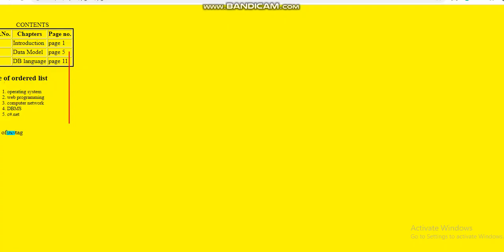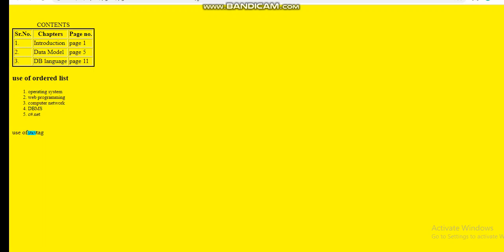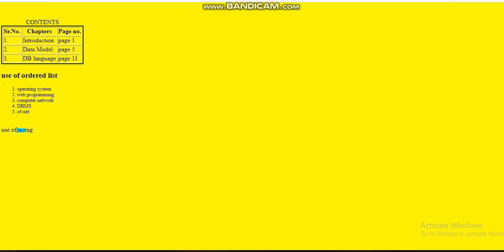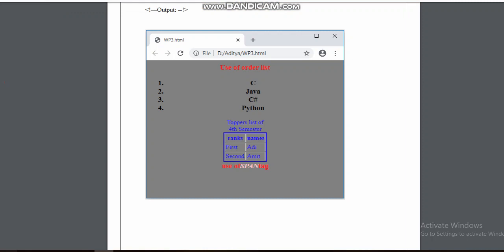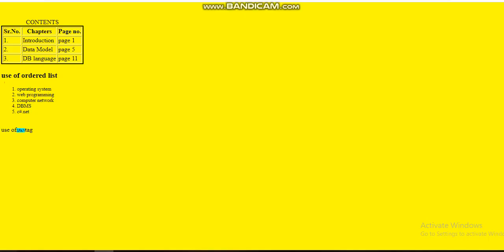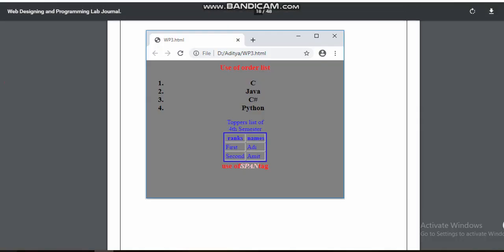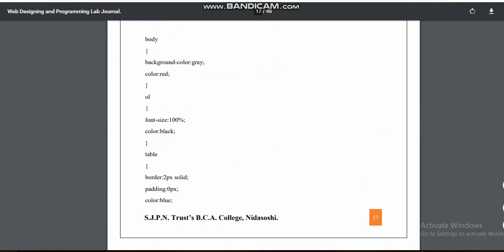Once you execute the code, you can see here the application of the data. So in this way you can run the code. There is also a program given in your journal. Here the features applied are different, some colors are changed. You can go for any, both are correct. This is the program which we practiced in the lab, and this is your journal program. You can refer to any, and please go through it.